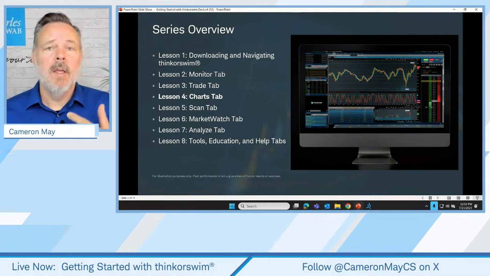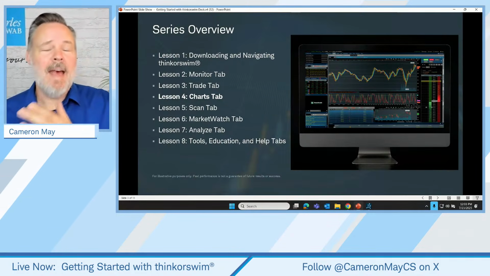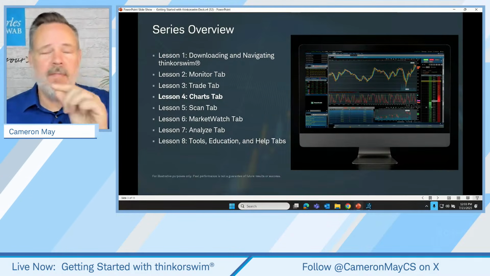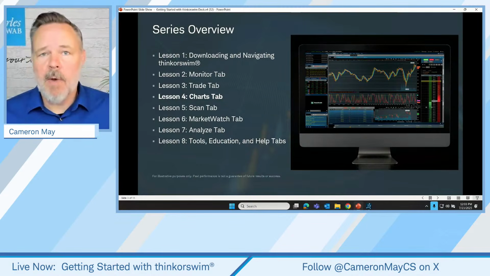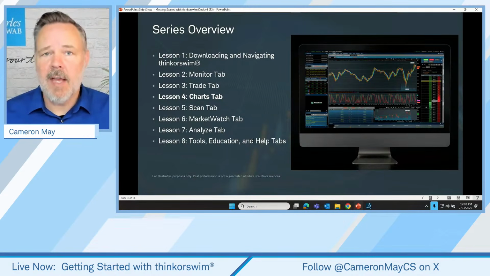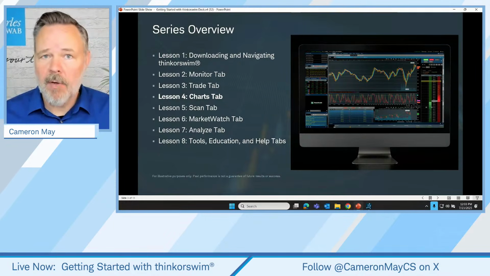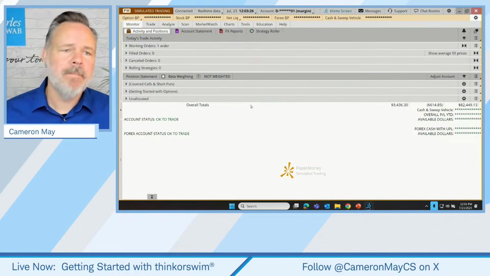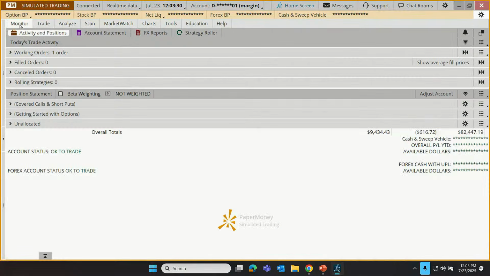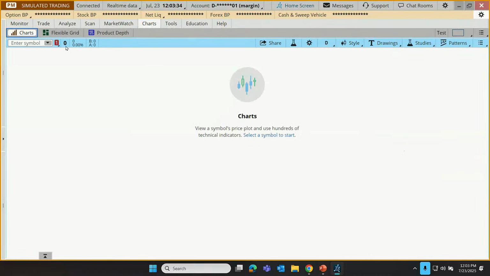So we're going to go to the platform. We're going to navigate the charts, and I want to just go left to right, top to bottom, get acquainted with as much functionality as I can. So we'll try to do this at a pace that everybody can follow. So let's go right to the Thinkorswim desktop platform. And once we log into the platform, very commonly we find ourselves on the monitor tab, but I'm going to go right now to the charts tab, and let's load up our example chart for the day.